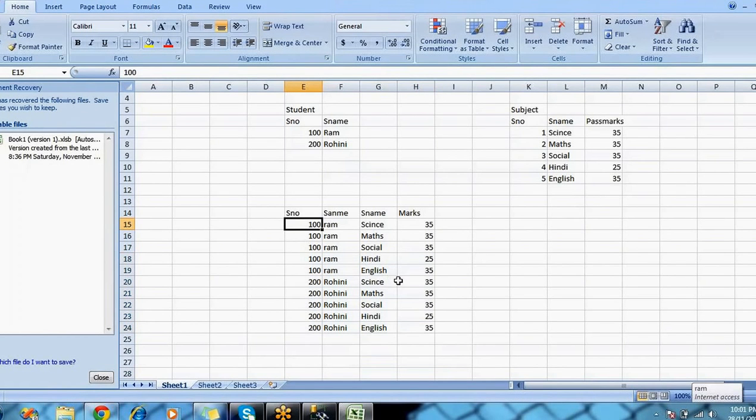So this way it will cross multiply with all the rows in the right side table with the left side table. So this is about the cross join.